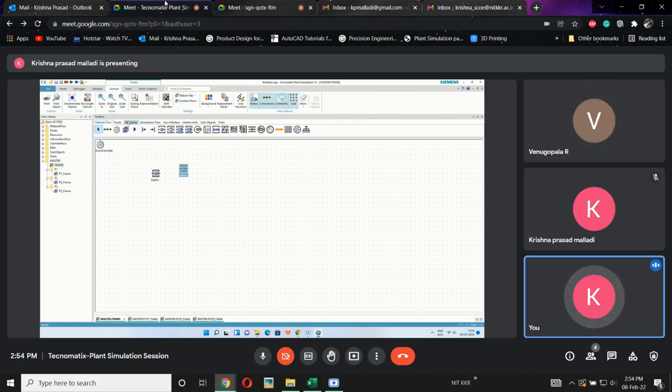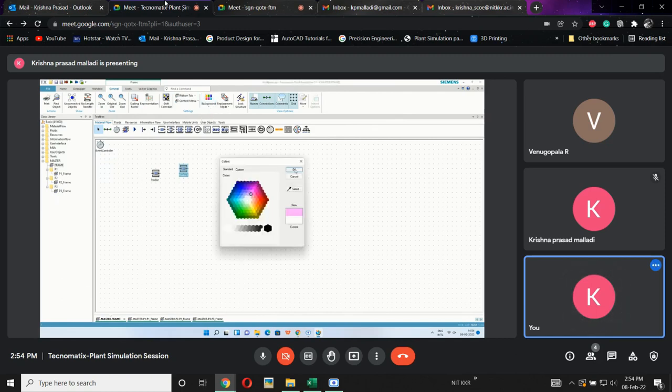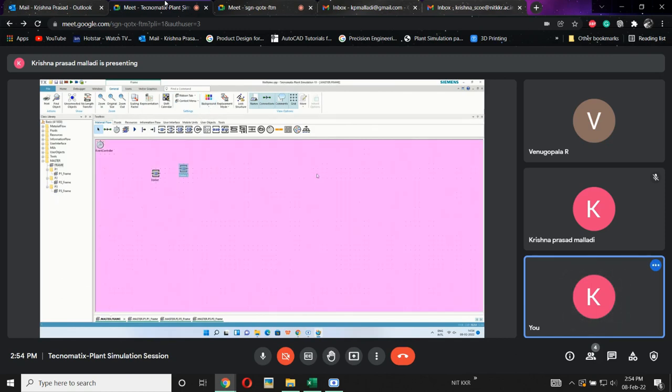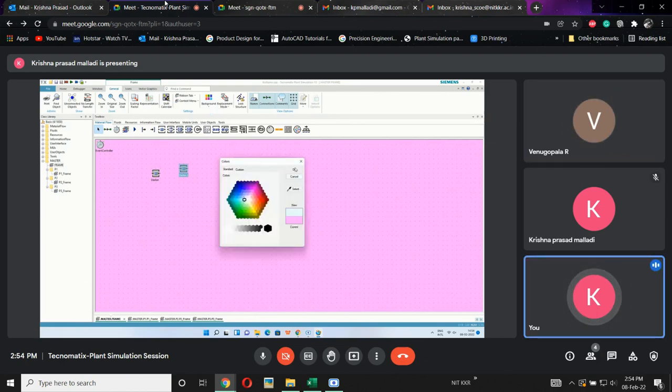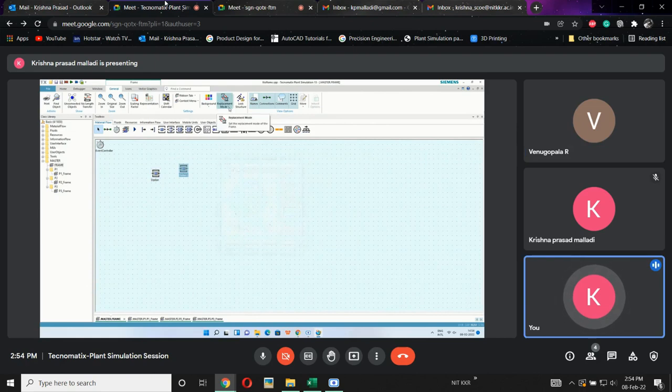If you want something beyond this, then we are going to use these other tabs. Like if at all you want to change the graphics, external graphics like visualization, validations, then you can use this. Background color changing is possible. If you want to place some object behind the screen, that is also possible. Once I have prepared and finalized the model, I don't want it to be disturbed by someone, then I can lock the structure so that it won't be disturbed.